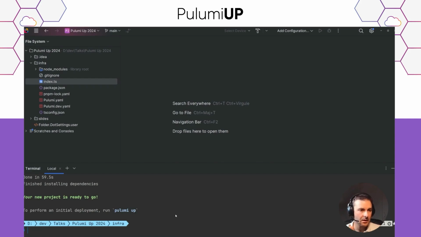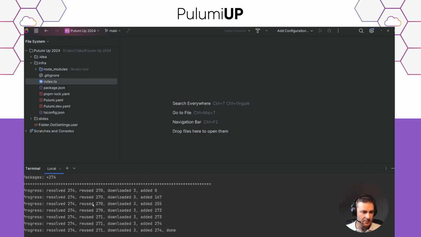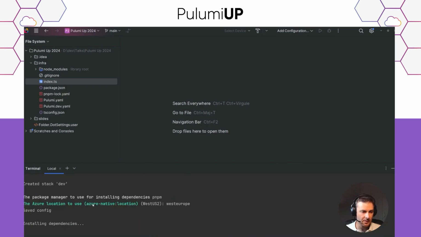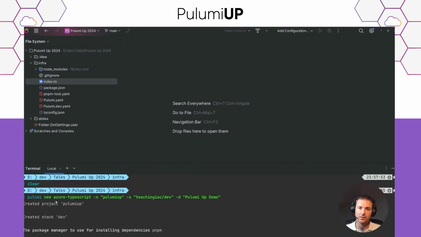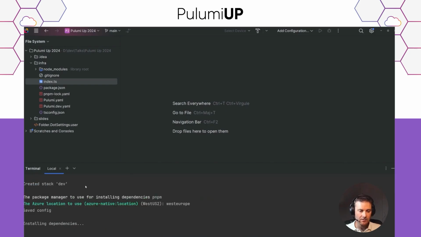Okay. Now we are directly in my code editor. I'm using a JetBrains IDE, but you could use whatever you want. I've already created a project using the Azure TypeScript template. So with the pulumi new command, I've defined a new project and a dev stack.